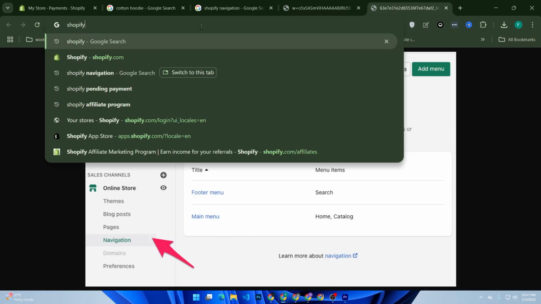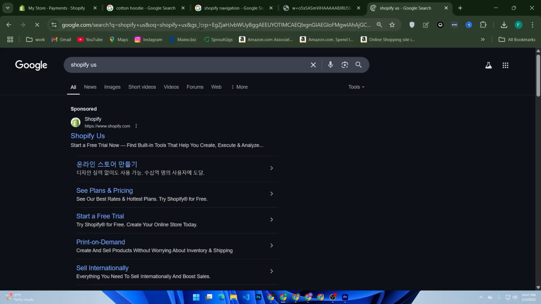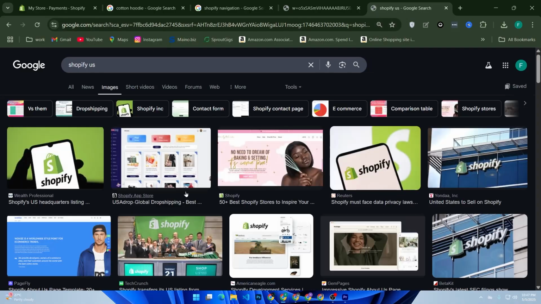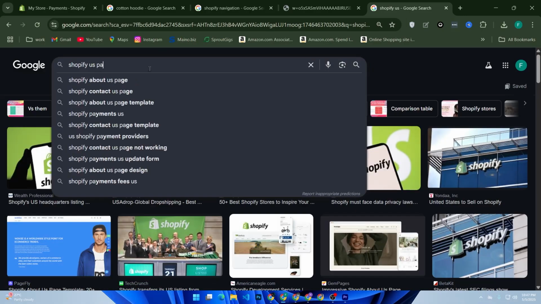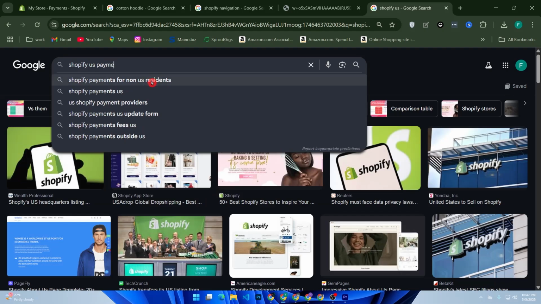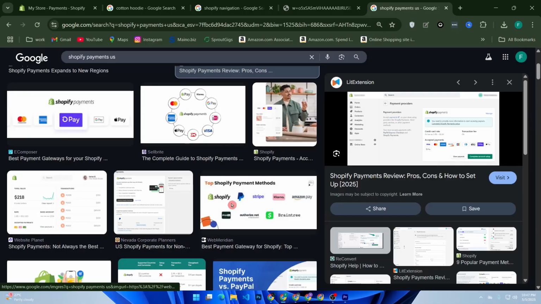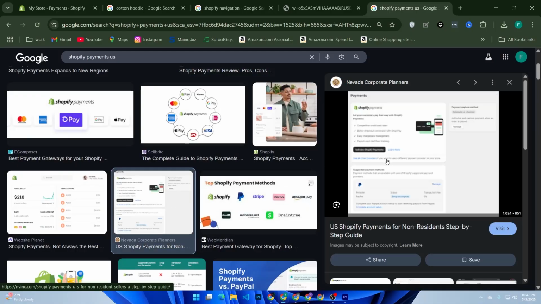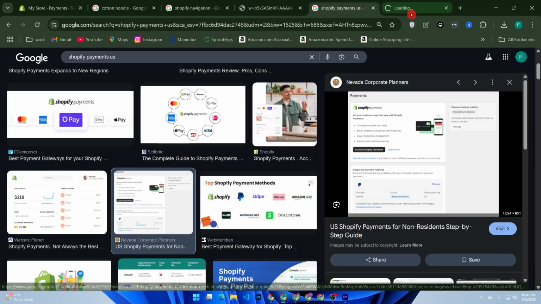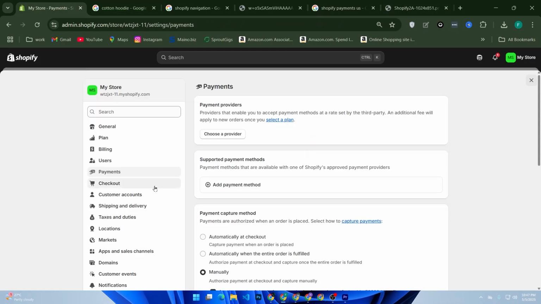It looks like that. So follow the payment process. Also configure shipping rates, checkout settings, taxes,